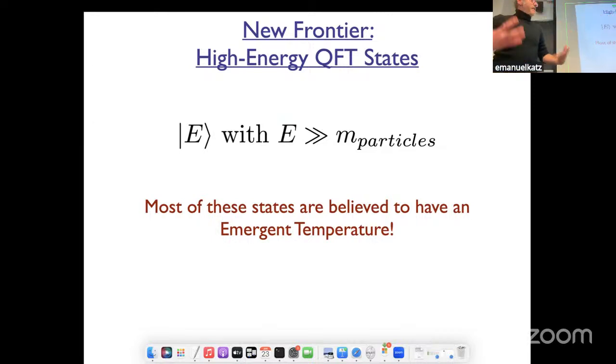So how is it that temperature emerges in closed systems? And so it's interesting to try to understand whether in this framework of quantum field theory, we see the presence of the ideas people had in mind for how temperature emerges in closed